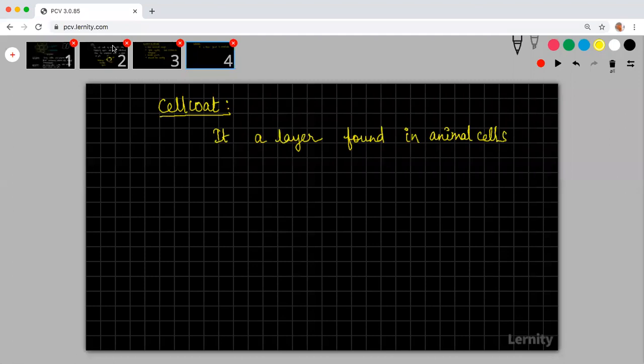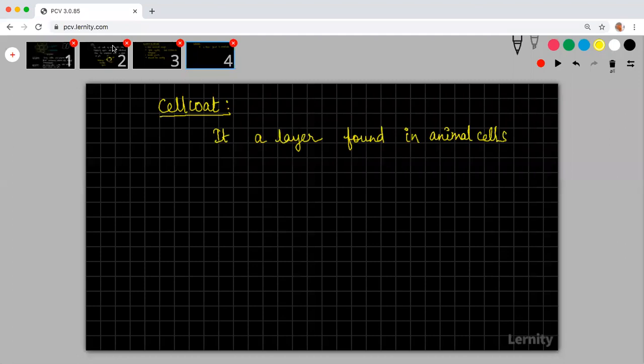Cell wall is over. Whatever we have seen till now is cell wall. Cell wall is completely over. After plasmodesmata, pits and the functions of cell wall, we have completed cell wall. We have studied plasma membrane already. We have studied cell wall already. Now we are coming to the third organelle, which is called cell coat.